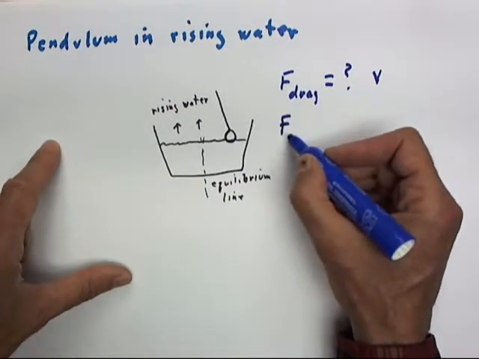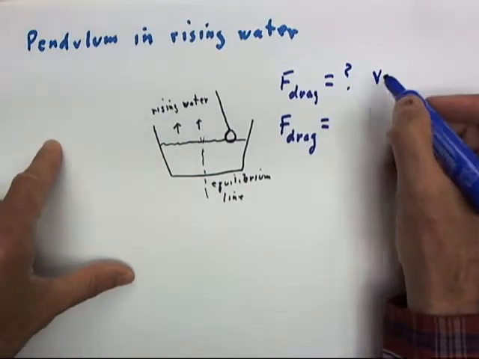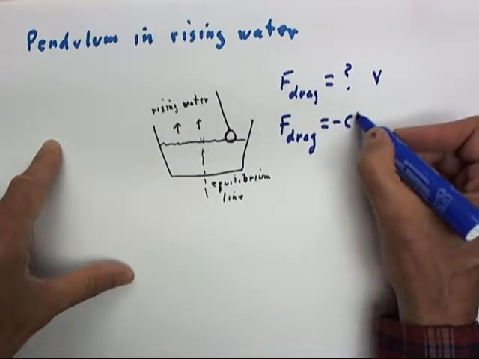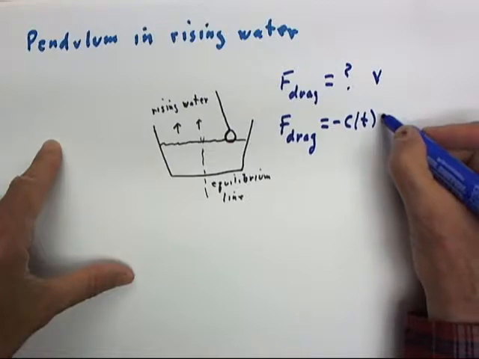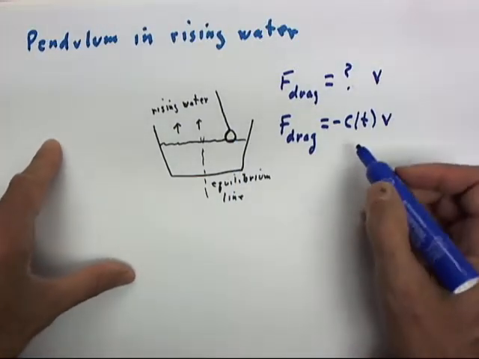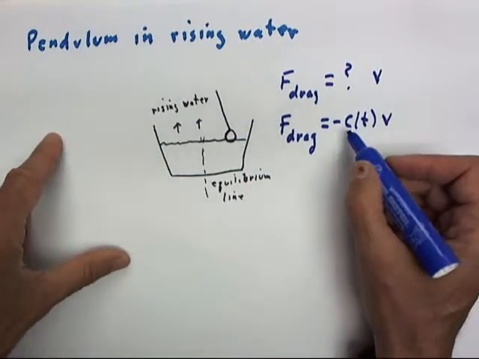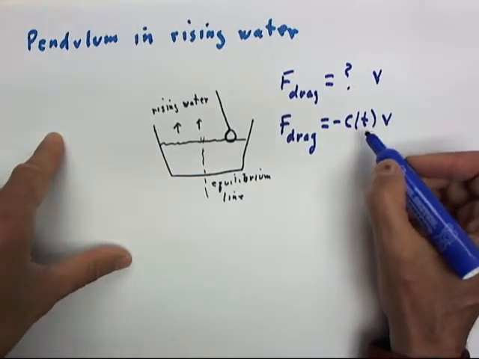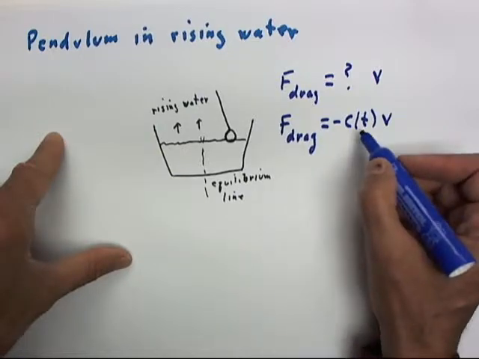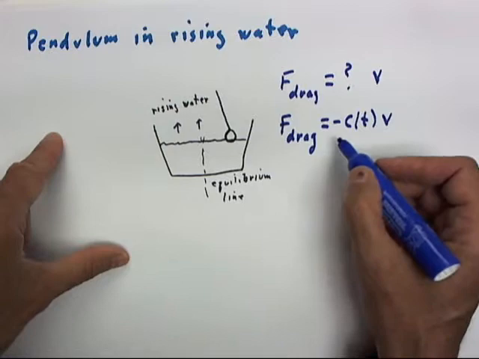Well, we had C here, and of course we had a negative. I'm going to use C again, but this time I'm going to say, well, we don't know exactly how the water's rising. We don't know the exact shape of the pendulum, but if we know the shape of the pendulum and how fast the water's rising, then the number that we're going to multiply by the velocity to get the drag force is going to somehow be a function of time, so that our drag force is of the form C